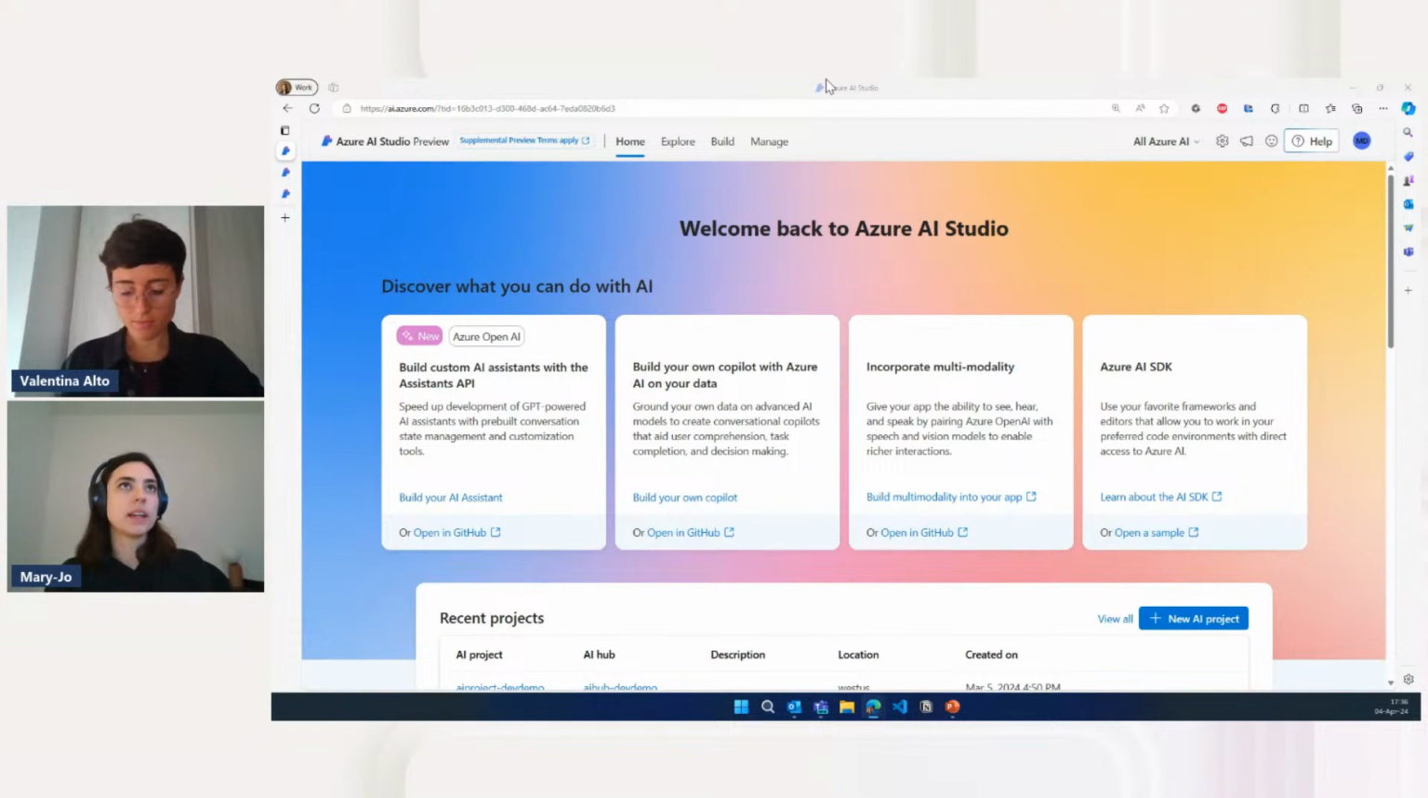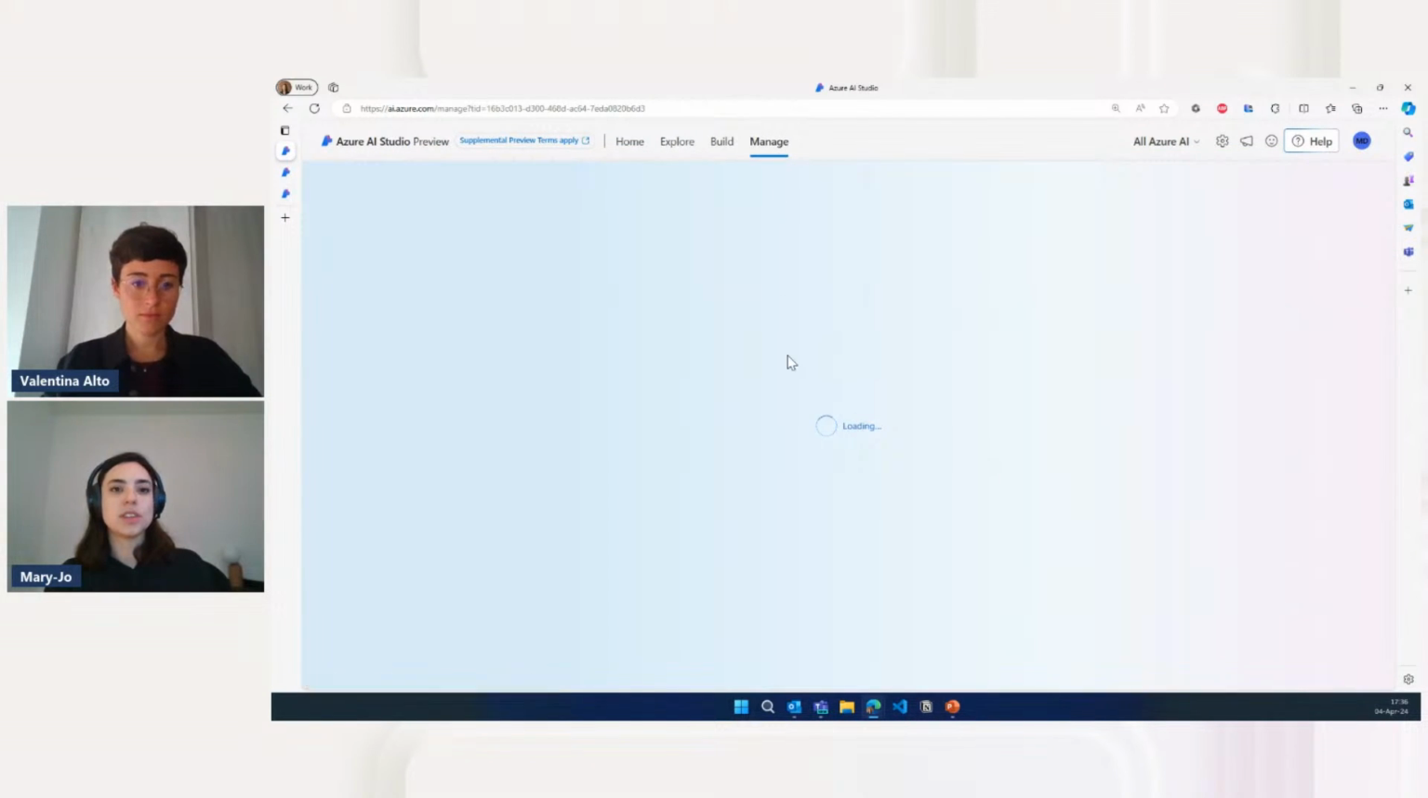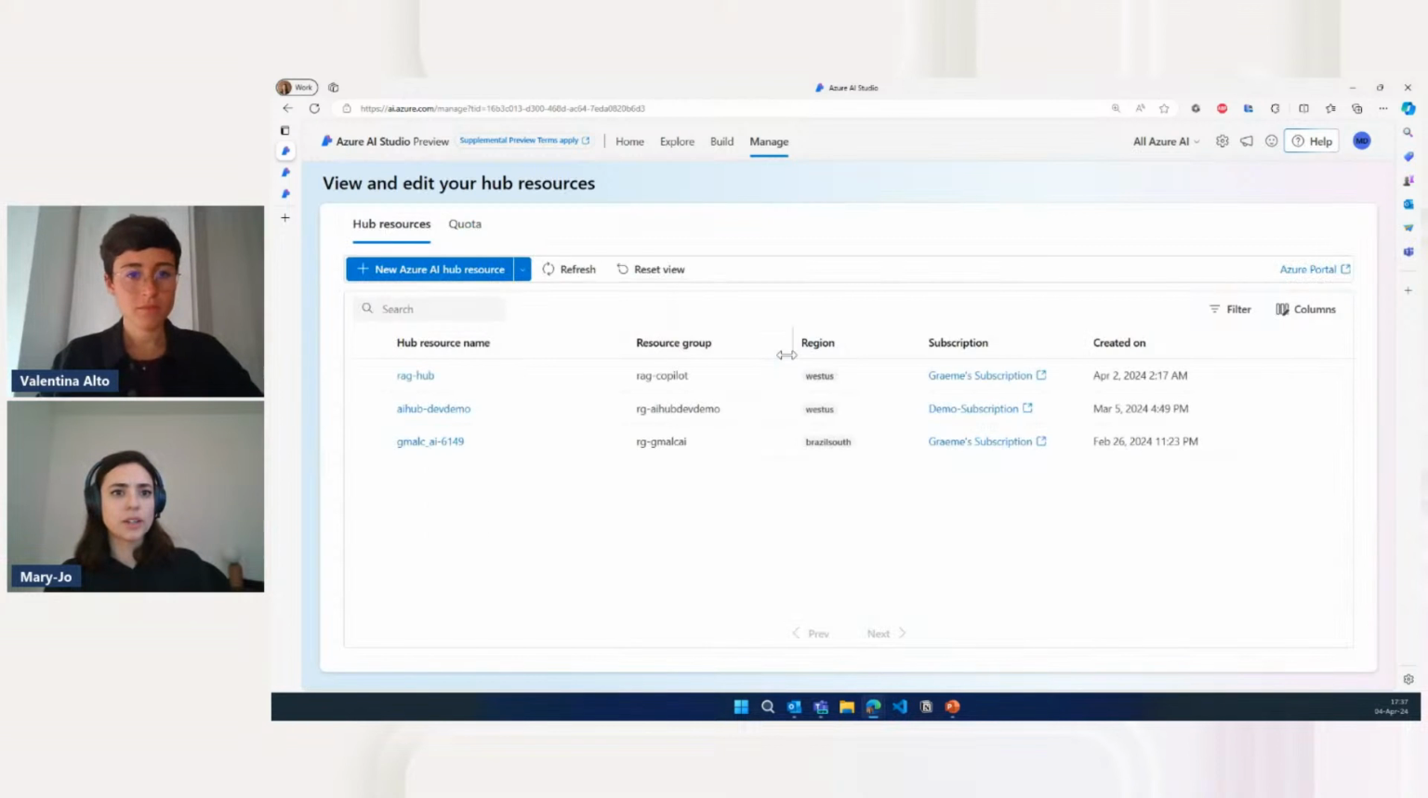Most importantly, what you see here is that we have 4 tabs at the top. We have our home, we have explore, we have build, and we have manage. And Valentina was already sharing some of these. So for example, in manage, we saw our computes, our connections. So here you can see that I already have a couple of